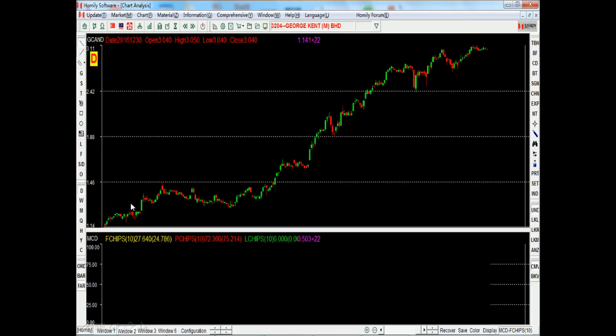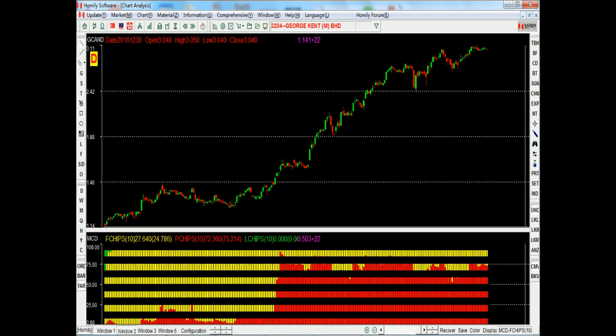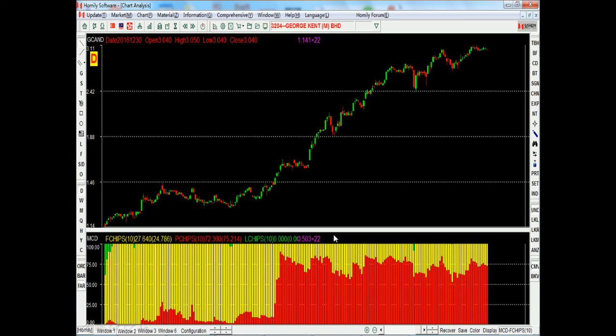And then we can see this example. This is the George Kent, is the Malaysia stock. You can see the price goes up, right? It goes up. This area actually goes sideways, and then this area goes up, right? So what will happen? Why it goes up? You can see this area. Actually, this area you can see this one. It goes up very fast, and for the long term, you can see this red area.